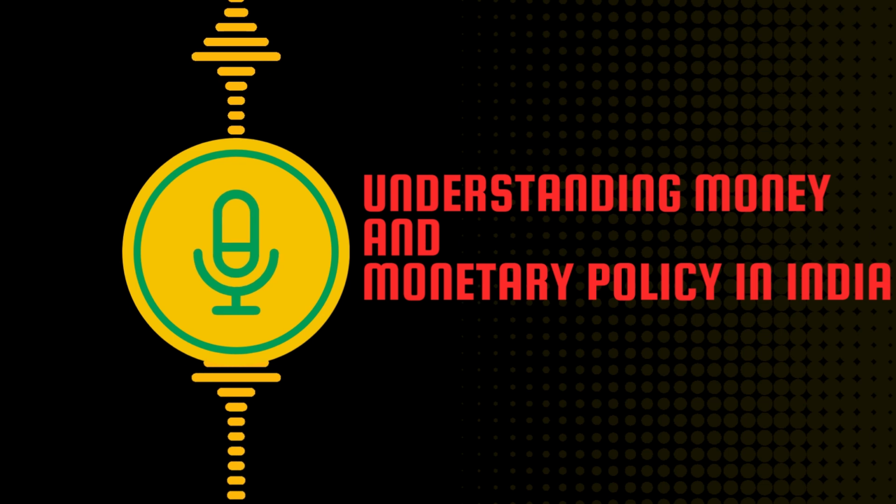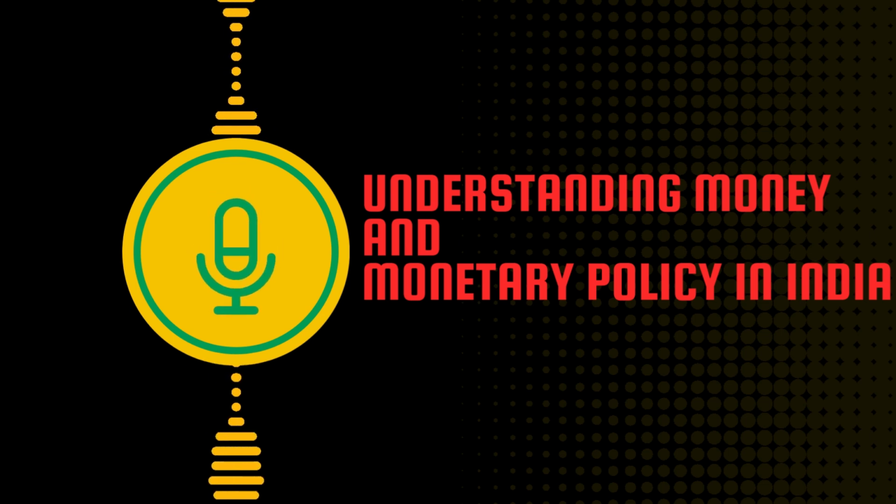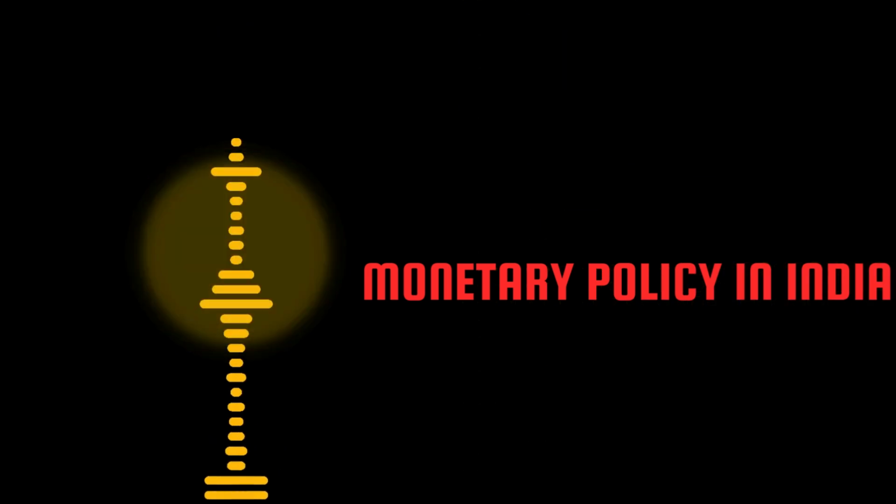So let's start with the most basic question. What is money? I mean, we use it every single day. But have you ever stopped to think about what it really is? It's a great question. What gives it value? It's actually more complicated than you might think. If you think way back to the ancient world, people used to barter, trading goods directly. Imagine you're trying to trade a cow for a cartload of wheat. It doesn't seem very efficient. It's messy. So that's where money comes in. It was like this common denominator that simplifies everything. So it's a medium of exchange. Exactly, a universally accepted medium of exchange.